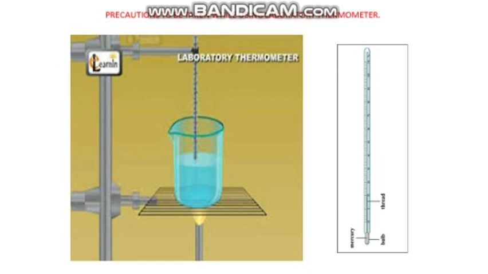Now look at the picture. Take some hot water in a beaker. Dip the thermometer in the water. Wait till the mercury thread becomes steady and note the temperature. Now take the thermometer out of the water. We will notice that as soon as the thermometer is taken out of the water, the level of mercury starts to fall. This shows that the temperature must be read when the thermometer is in the water.